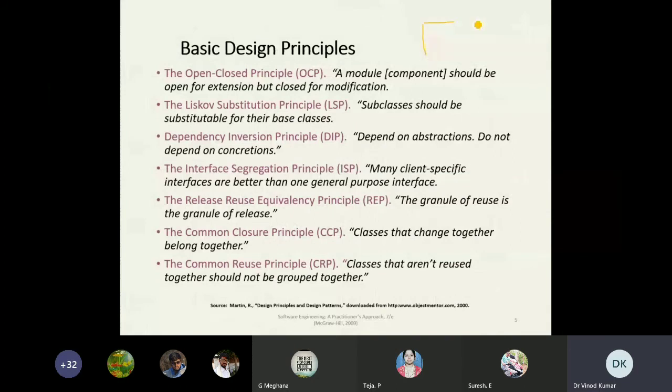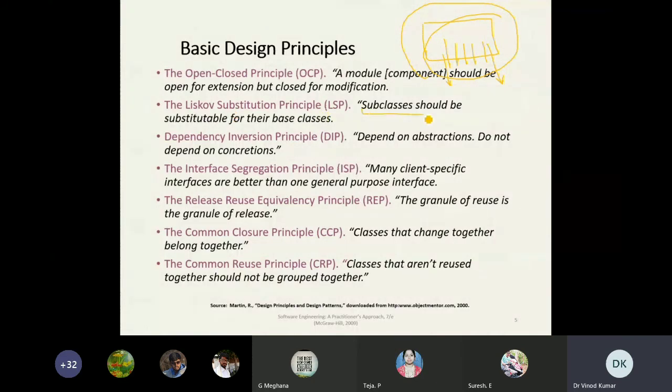In the detector there were different sensors. You can't modify this, but you can extend it and add more different sensors here. Next one is the LSP, the Liskov substitution principle.